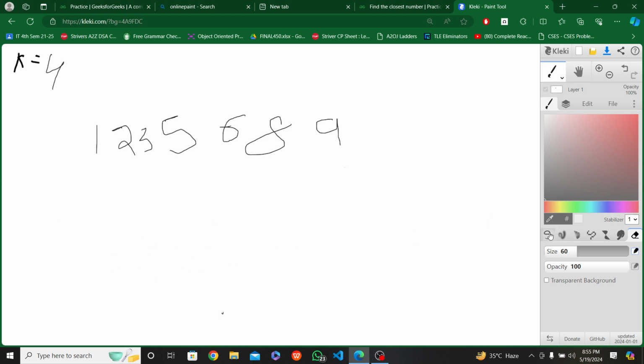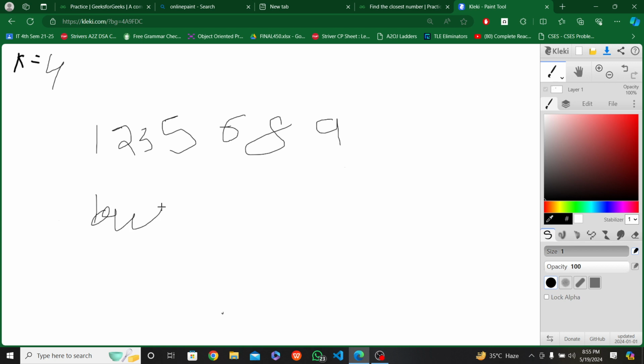So here we are finding 4. If we find the lower bound of 4, which position should be the answer? The lower bound gives me the element at 5, this position, so I will pick this position and subtract k from it: 5 minus k gives me